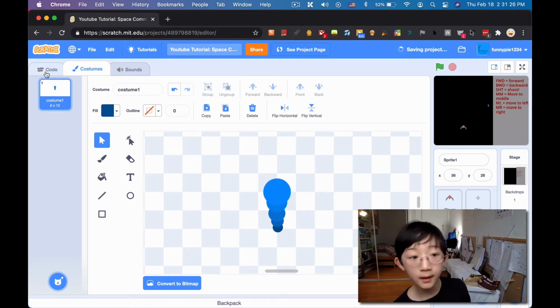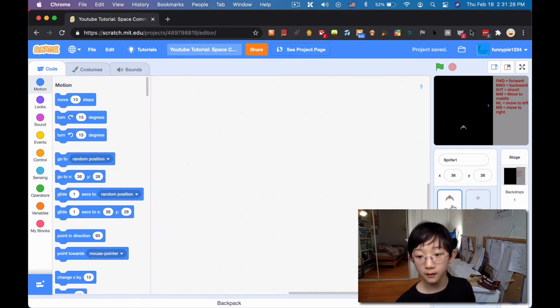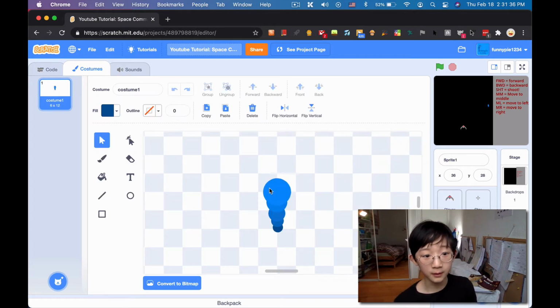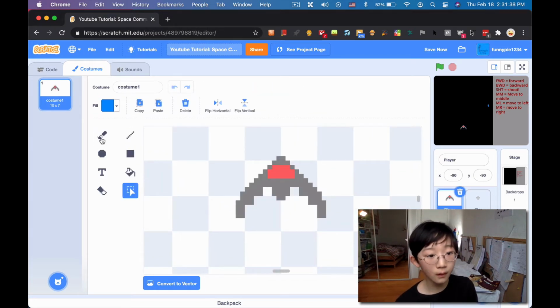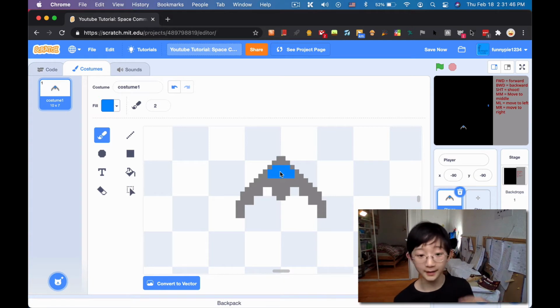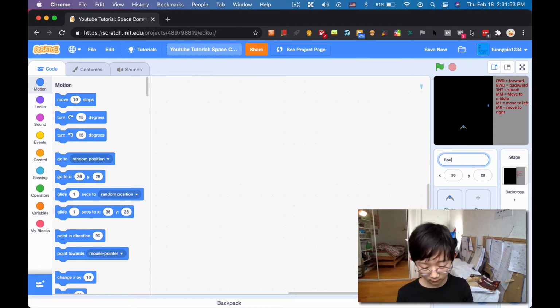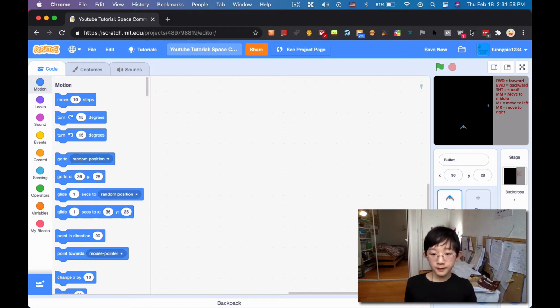Okay, so now, actually, I should probably make these pixels here blue, just because blue is nice, I guess. I'm just gonna take this color here and use it. Okay, so there. So now we have this. Oh, and I'm gonna call it bullet. Okay, so now we have this little guy here, bullet,